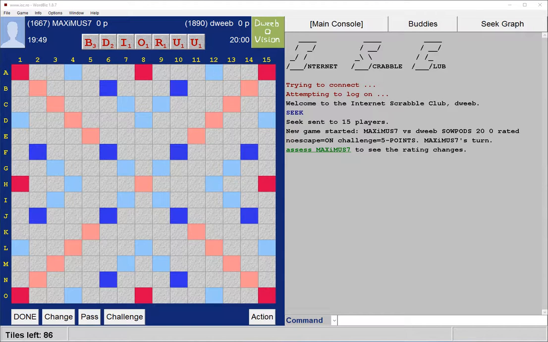Hello, the game has started. It's my opponent to go first. I've got a pretty rubbishy rack, 2 U's and an I. Pretty bad combination. But there is some balance between vowels and consonants, and I've got a scoring tile in the